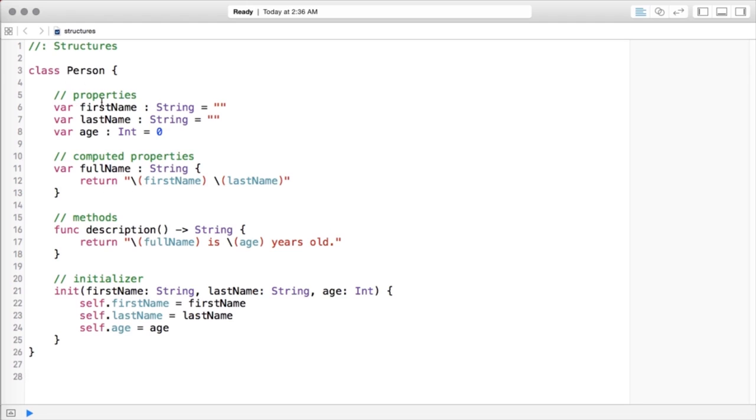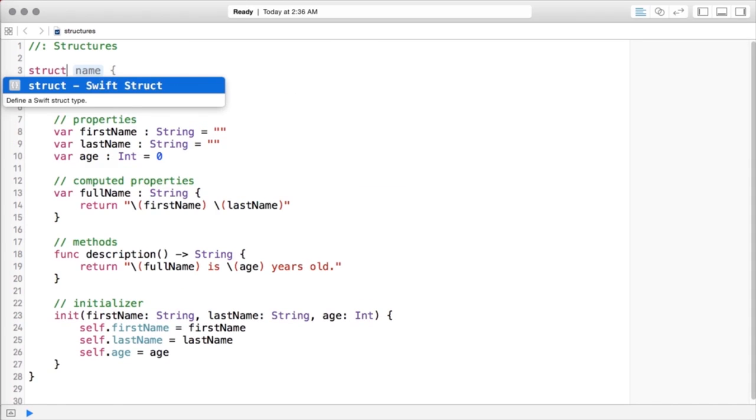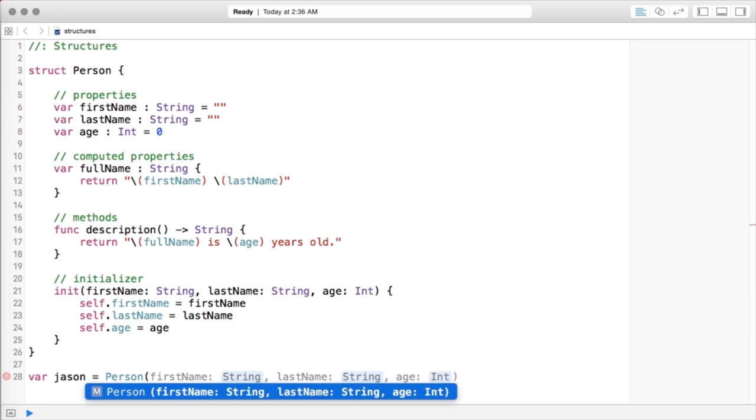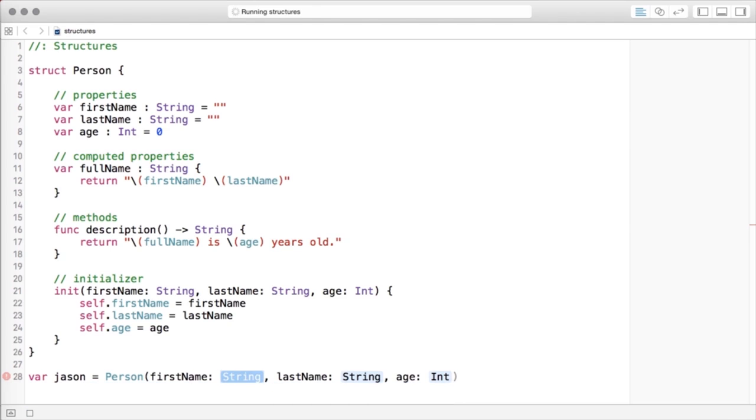And in order to make this into a structure instead of a class, literally all we need to do is put the struct keyword here instead of class, and now we have a structure. And if I were to create a person, so if I were to say variable Jason, and I'll make that a person, and to instantiate that, you'll see I have our custom initializer there, and I can go ahead and put the details in here. So I could say the first name, the last name, the age,